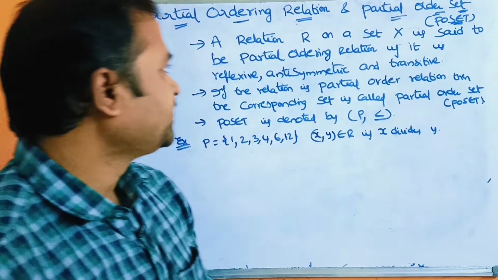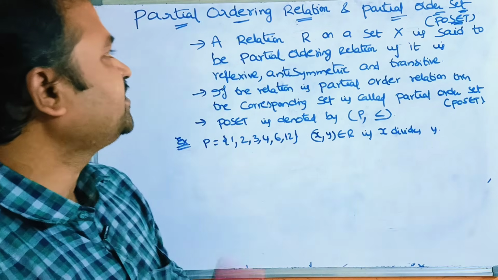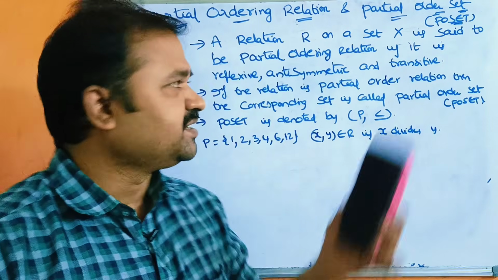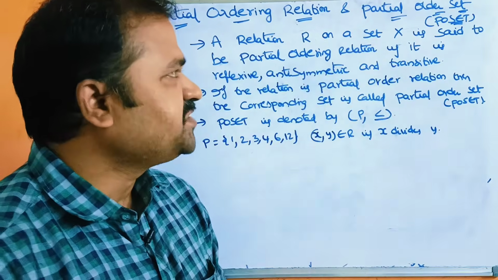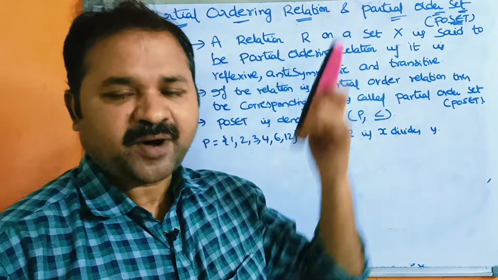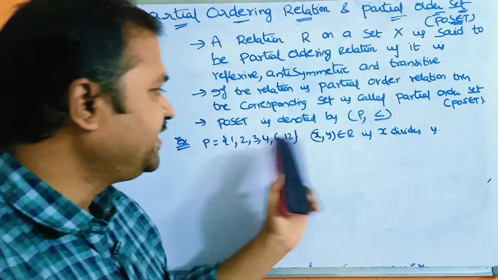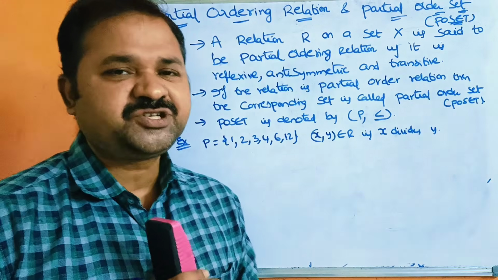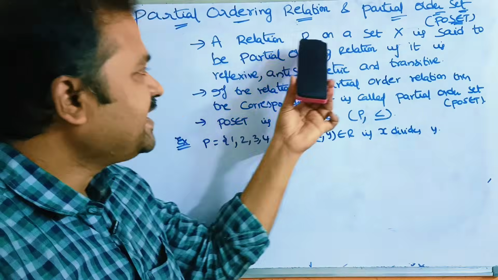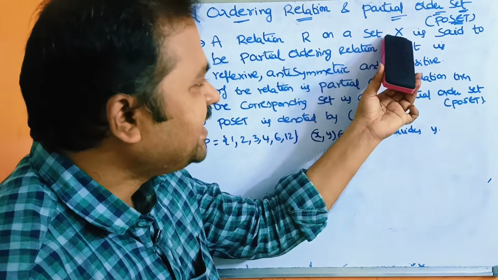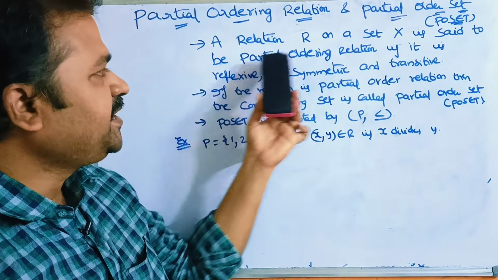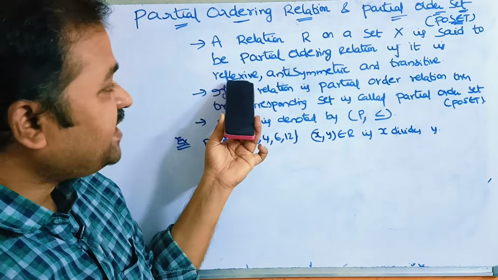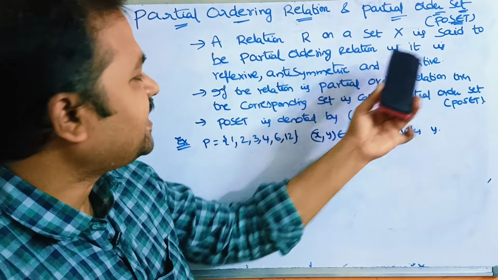Next, set. First, let us see the definition for the partial ordering relation or partial order relation, and then we will see the definition for the POSET or partial order set, and then we will discuss an example. First, let us see the definition for partial order relation. A relation R on a set X is said to be partial ordering relation if it is reflexive, antisymmetric and